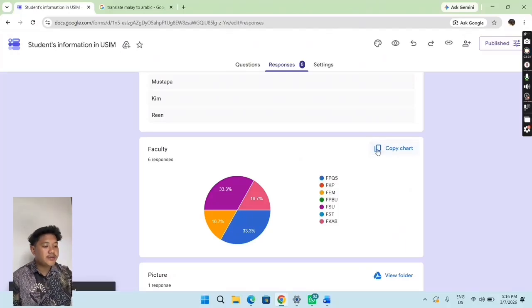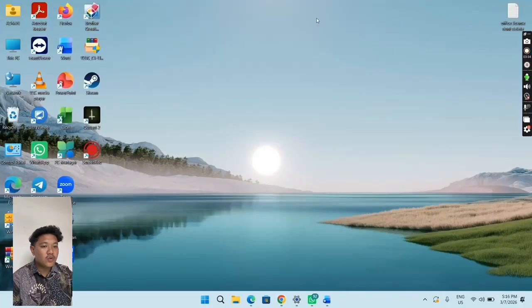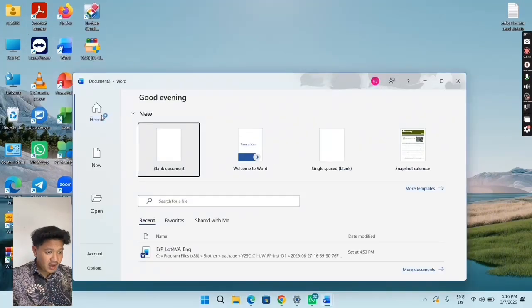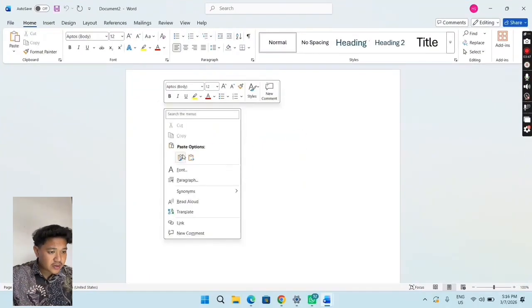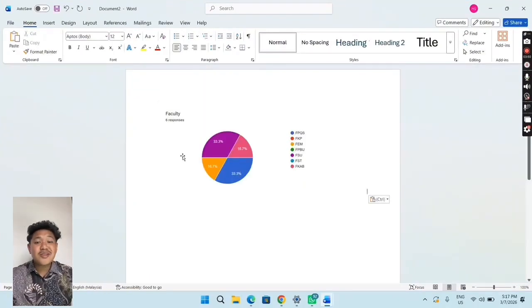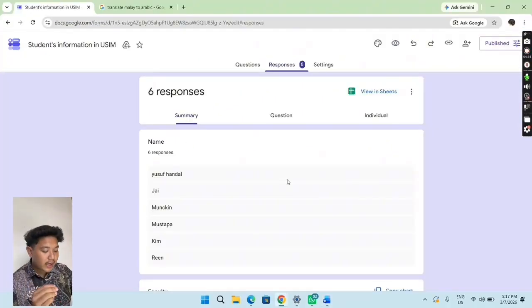You just click this once, and then you go to your work. Wait a second, and you press this icon. You just paste it.